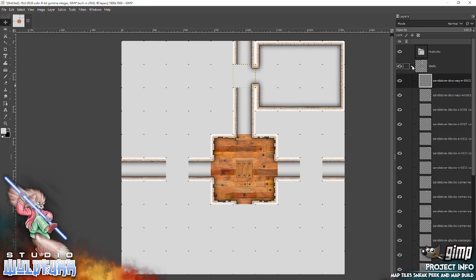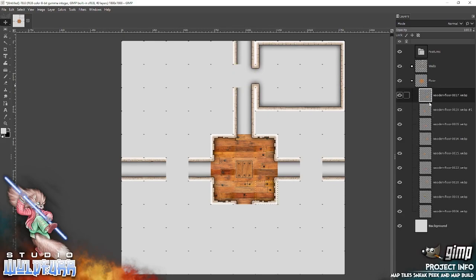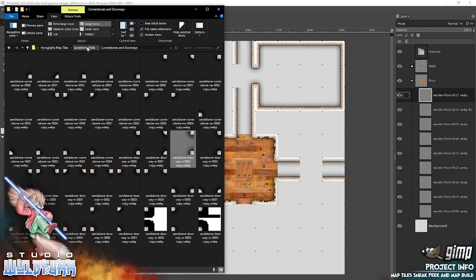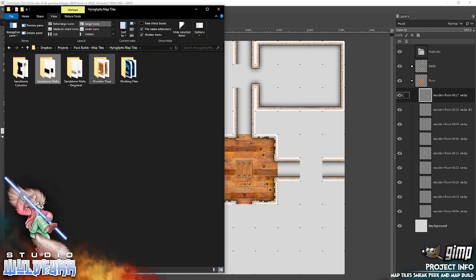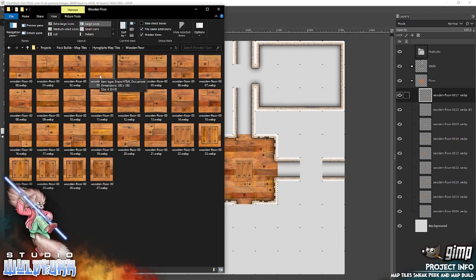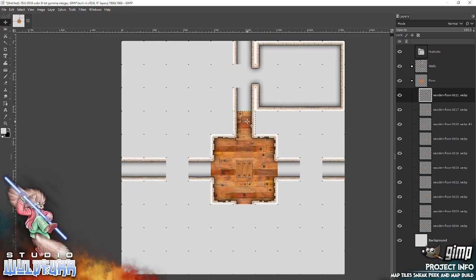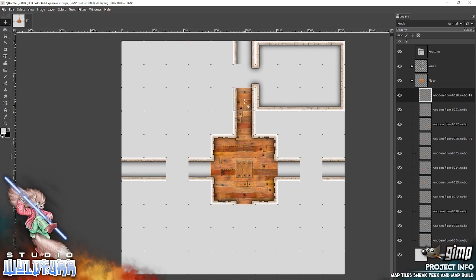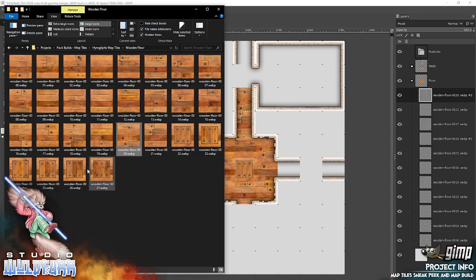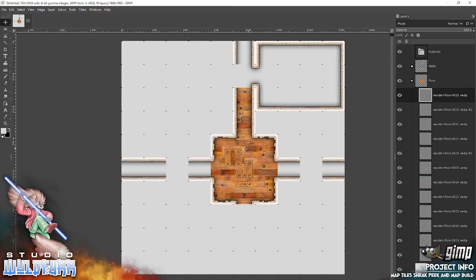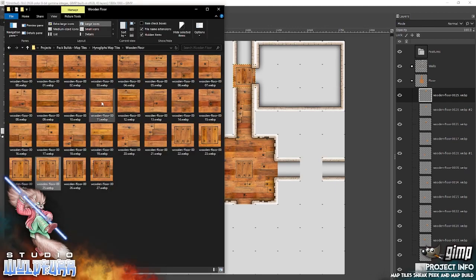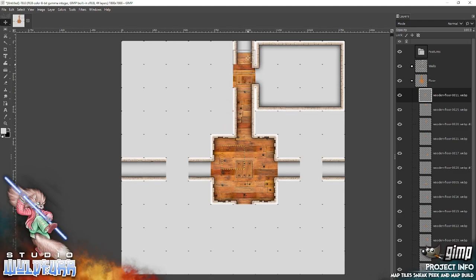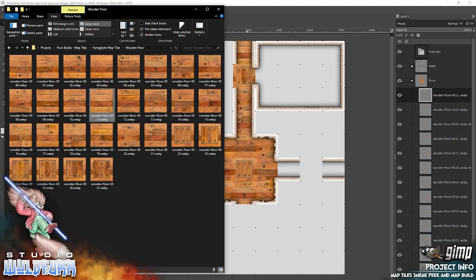What I'll do is I'll quickly just minimize that. Come to our floor, we'll fill in the floor. So here we go. Now I'll put one of these sort of hatch type looking pieces on the middle of the intersection just there. There we go. Then to fill in this,